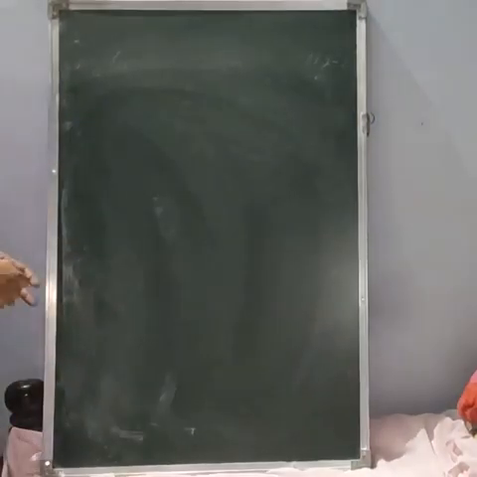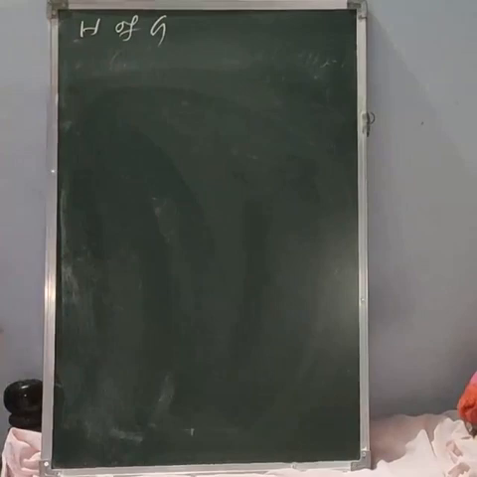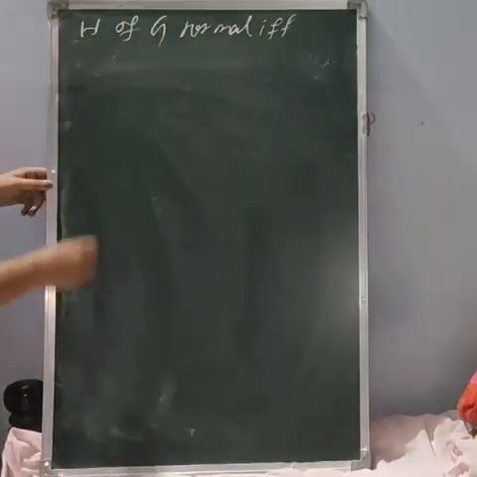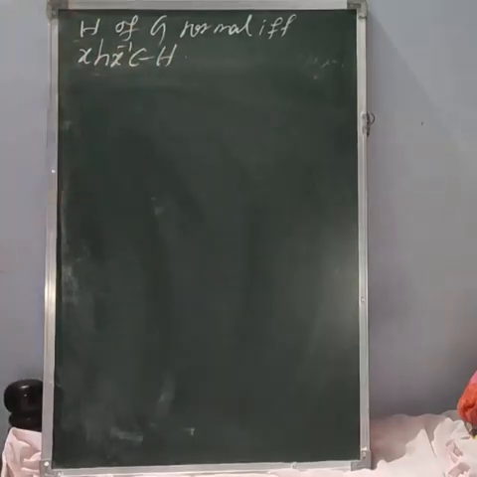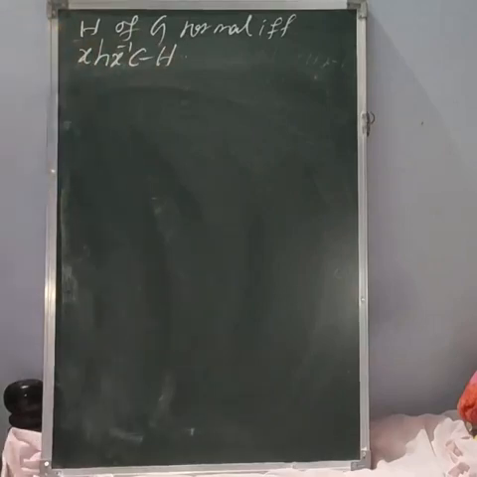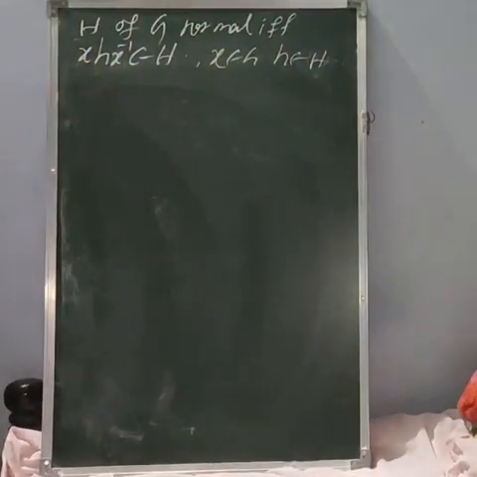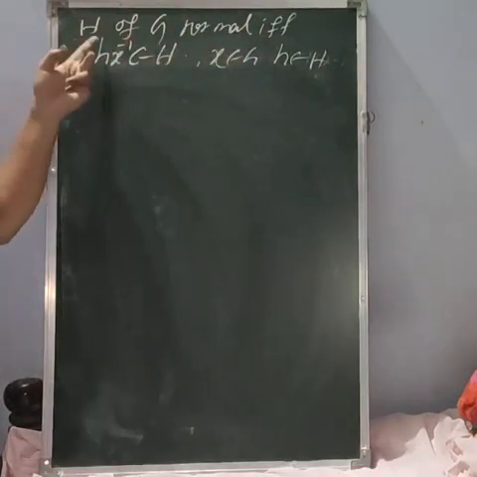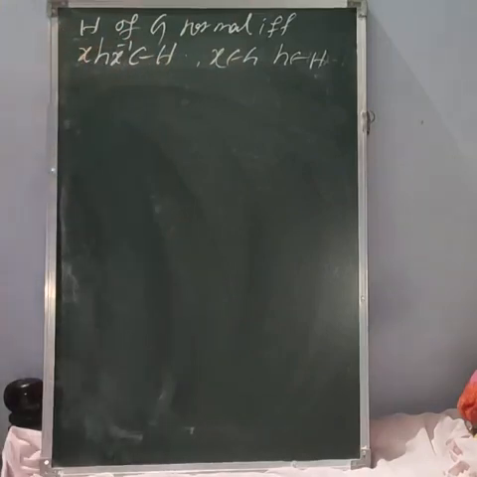Prove that any subgroup H of a group G is normal if and only if, again an if and only if condition, x small h x inverse belongs to H. In the earlier one we had x capital H x inverse is equal to H, but here x h x inverse belongs to H, where x belongs to G and small h belongs to capital H. So using the first, H is the normal subgroup, we will try to prove this, and in the converse part, assuming this result, we will try to prove H is the normal subgroup.